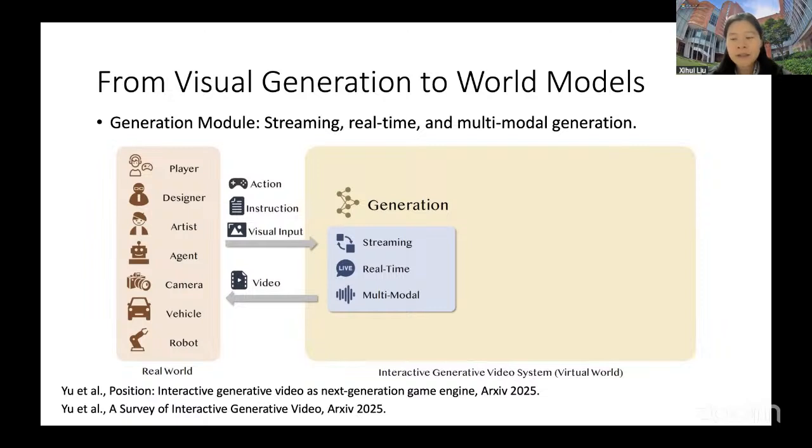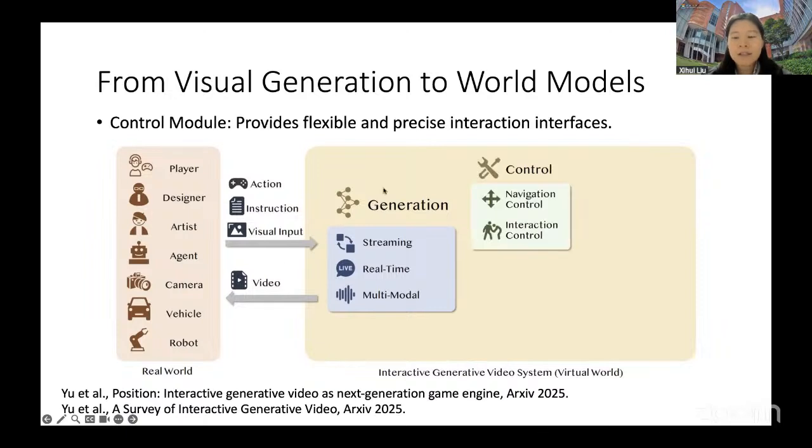In recent development of large models, this type of common sense knowledge or reasoning capabilities is often empowered by the large language models or large multimodal models. So we think the multimodal capabilities are also very essential for video generation or video world models to develop this type of reasoning capabilities or real world common sense.